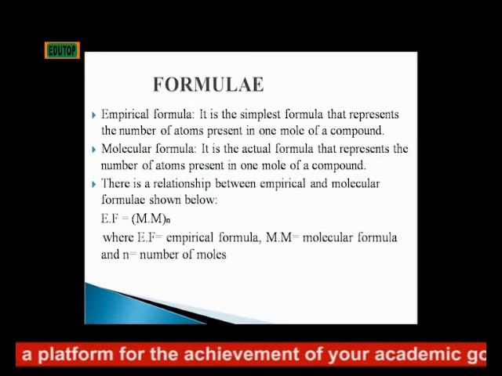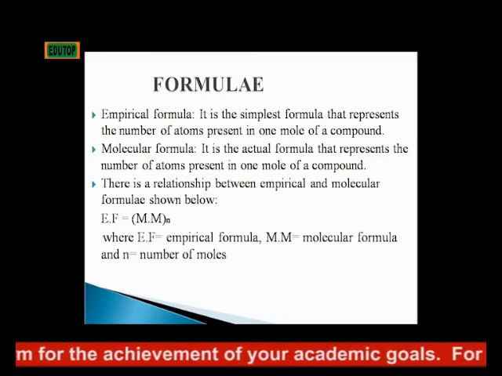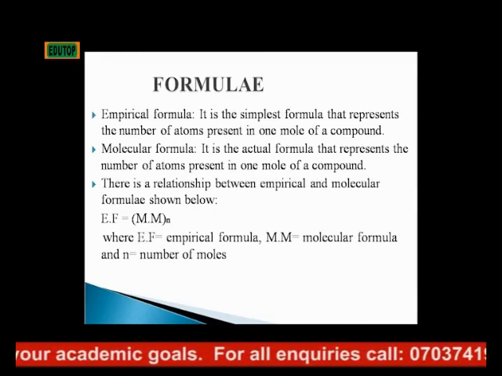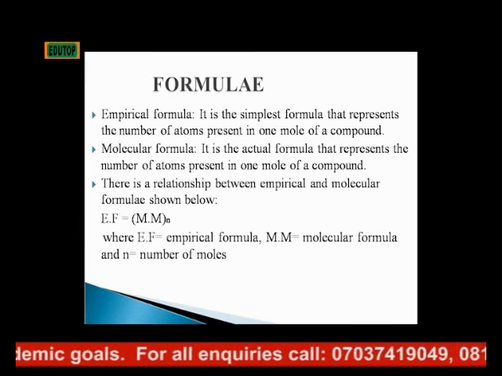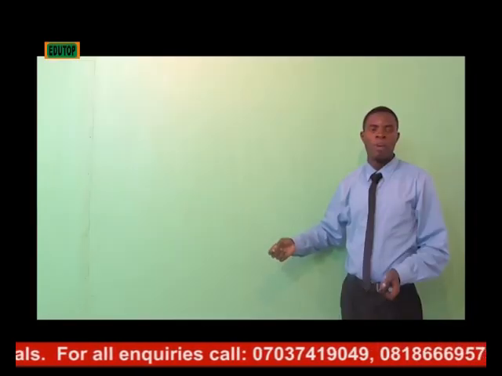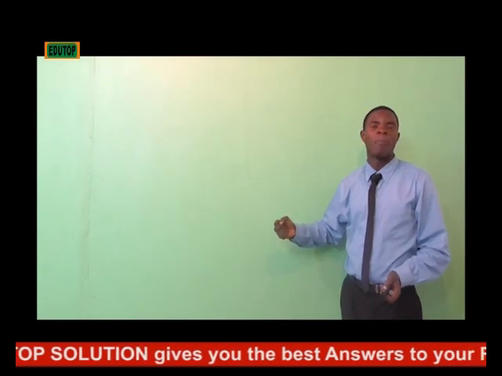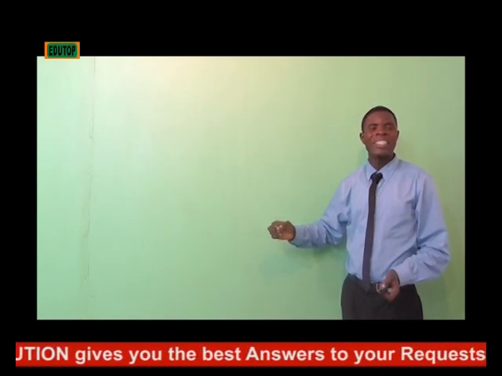Formulae. There are 2: molecular and empirical formula. Empirical formula is the simplest formula that represents the number of atoms present in one molecule of a compound. From the words, you are to pick the simplest, and the mole of a compound. Empirical formula is the simplest